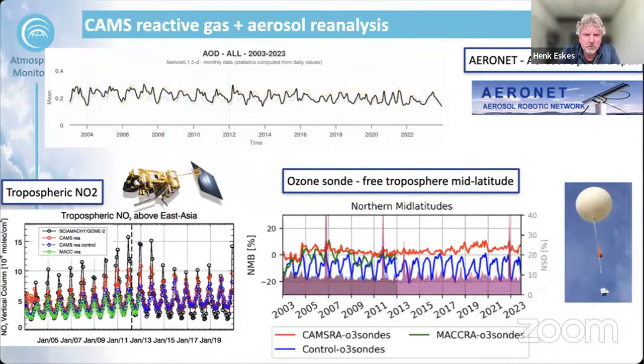So there's a good correspondence between those. And also the slow negative trend that you see in AERONET is well reproduced by the reanalysis. So that's looking very stable and a very useful data set for trends also. Then we have TROPOMI NO2 evaluations